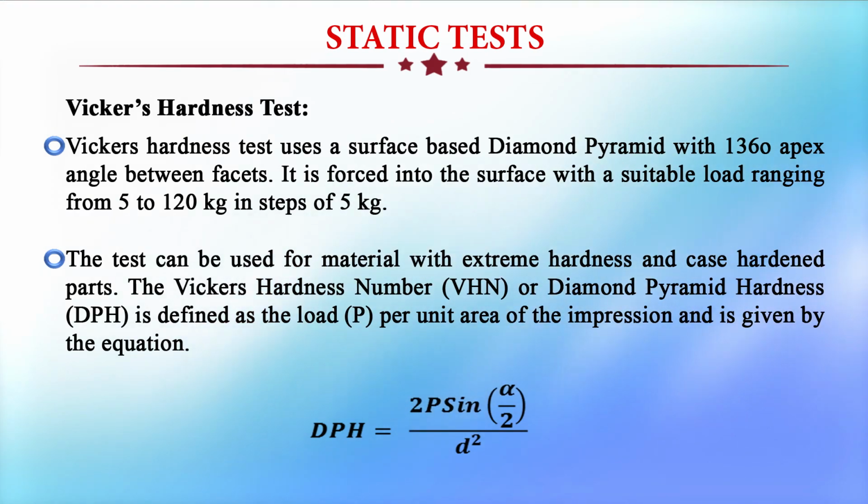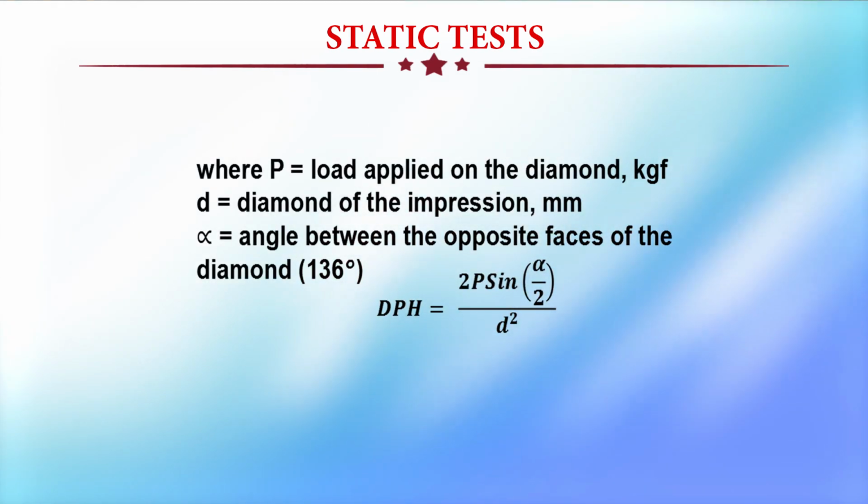If we know this equation and get the values of alpha, P and d, then we can find out the Vickers hardness number or diamond pyramid hardness number, where P is the load applied on the diamond, in kg force,